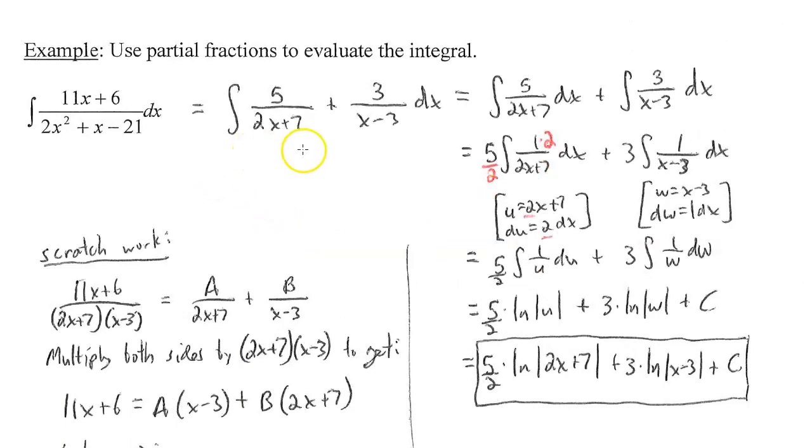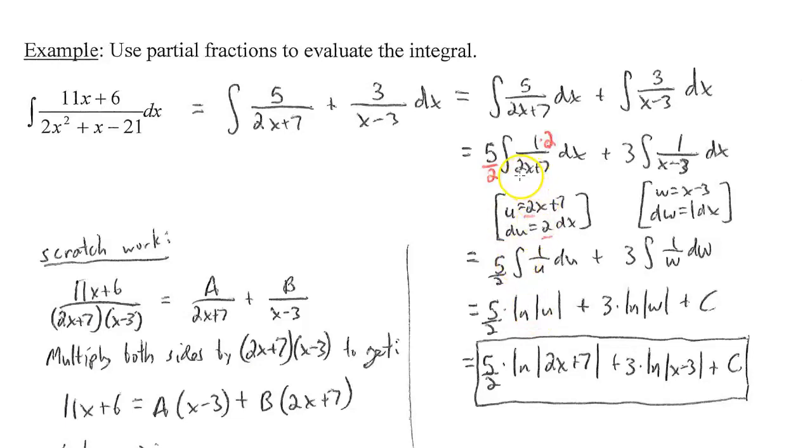Okay, well, now that we found the a and the b, right? Remember, it was 5 and 3 were the a and the b. How do we do this? Well, we do this just like we did before. Break this up into two separate integrals. You can pull the 5 out front, pull the 3 out front. Now, here, when we do this integral, you might think, well, the integral of 1 over x minus 3, that's just natural log of the absolute value of x minus 3. So 1 over 2x plus 7, that should just be natural log of 2x plus 7, or the absolute value